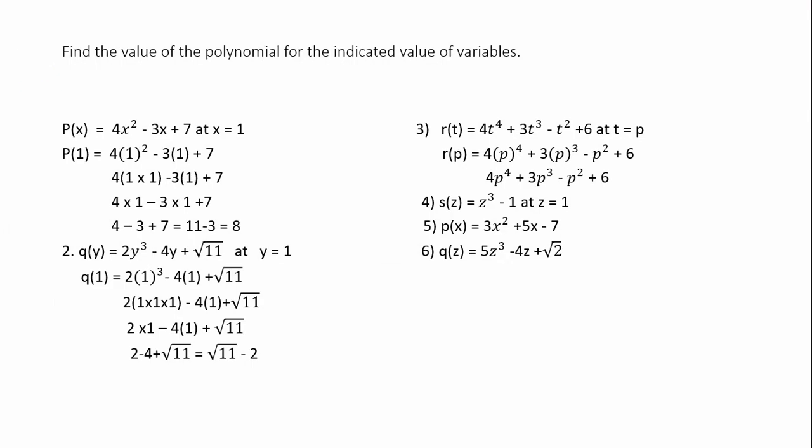Now, from the first one, find the value of the polynomial for the indicated value of the variables. Don't search for these questions in your exercise since they are not in your exercise. They are "Do these, try these." So from there, I have explained you the sums. And 2.1, I have given you the work; 2.1, Q1 and Q2 will be given as your work.